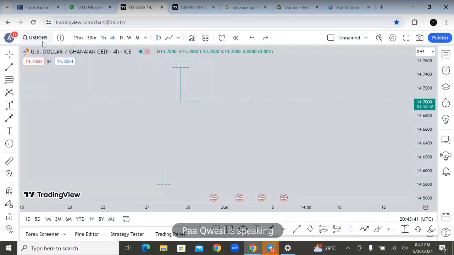Or if you want to travel to the United States and you have 14 cedis on you, and you want to convert it into dollars, they are going to give you $1. With your 14 cedis, you'll be able to get yourself $1. That's the simple explanation for exchange rate. So please take note: pips are calculated on the changes in